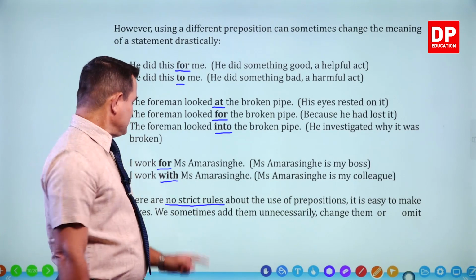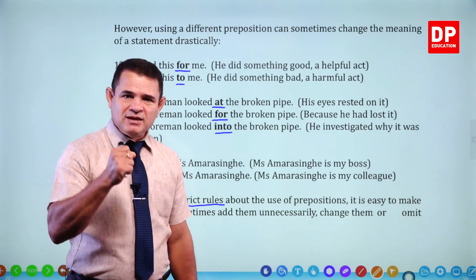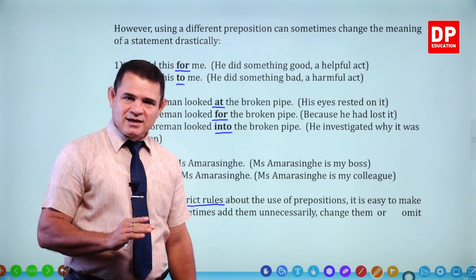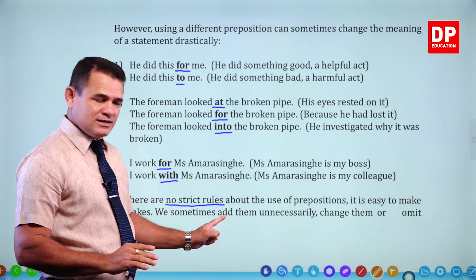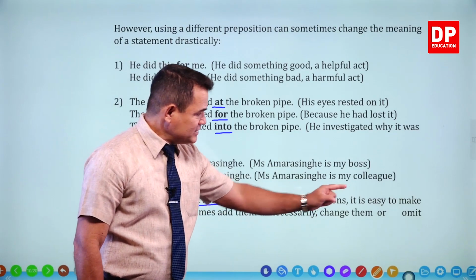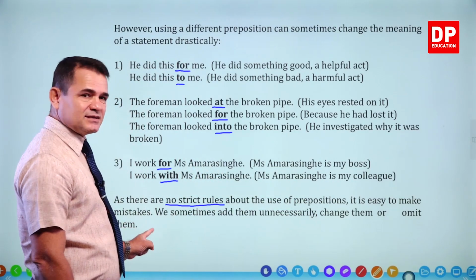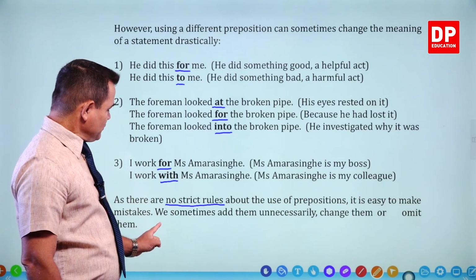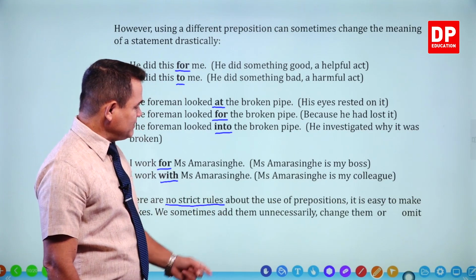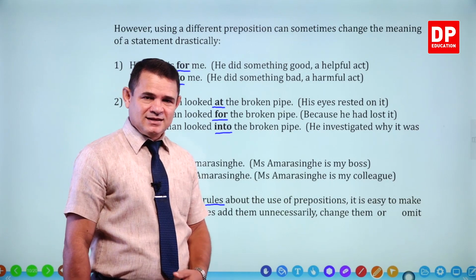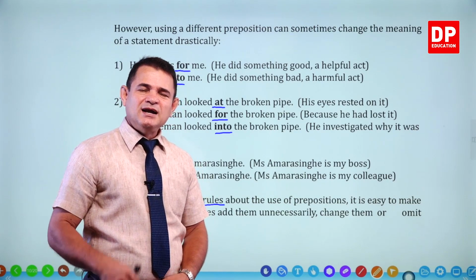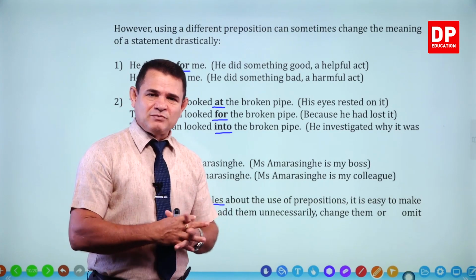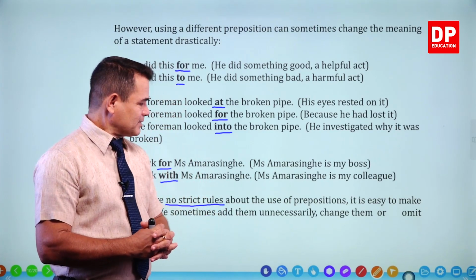දැඩි නීති නැහැ. Then for use කරනවා නම් මෙන්න මෙහෙමයි use කරන්න ඕනි කියලා there are no rules. නීති නැහැ. Prepositions භාවිතයේදී. It is easy to make mistakes. ඒක නිසා වරදින්න පුළුවන් ගොඩක් පහසුවෙන්ම. We sometimes add them unnecessarily. සමහර විට අපි අවශ්‍ය තැනටත් අවශ්‍ය නොවන තැනටත් prepositions දාන්න යන්න පුළුවන්.